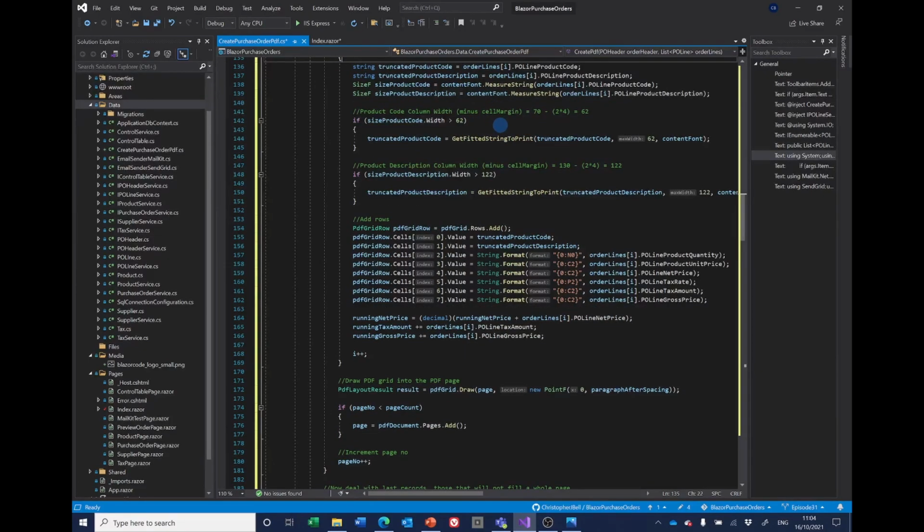So if we deal with the product code first, we know that the product code column width minus the cell margins, so the cell margins are 4. So we've said the column width is 70 minus the cell margins is going to be 62. So if the size of the product code width is greater than 62, I want to change it to truncate it with a maximum width of 62. So if I go to that definition,